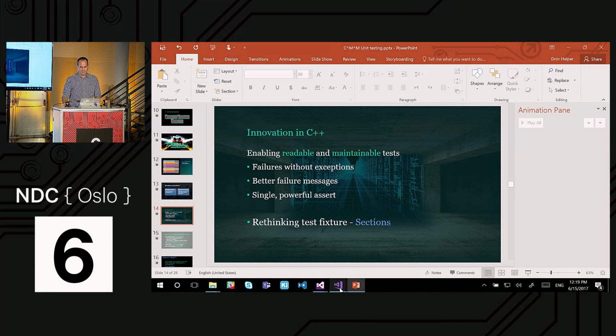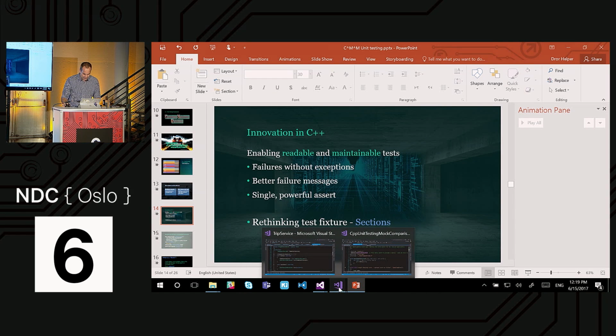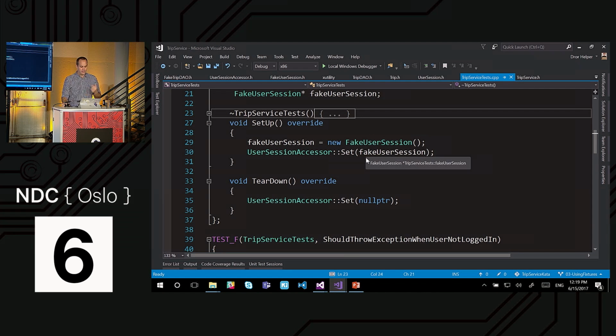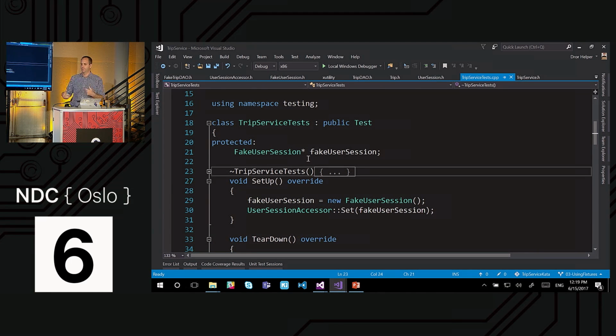And section is a rather cool feature. Sections give me the ability, for those of you who were here yesterday, I showed a demo called trip service. I'm testing a bunch of things. And I noticed that several things I'm checking tend to happen a lot of times. I have duplicate code between my tests, and that's okay. Tests are allowed to have duplicate code. I prefer the test to be readable than maintainable, because the maintenance of duplicate code in tests should be easy, because the tests are supposed to be quite simple. And going over 200 tests and changing some small thing is usually easier than extracting everything to methods and base classes and then trying to understand what happens.